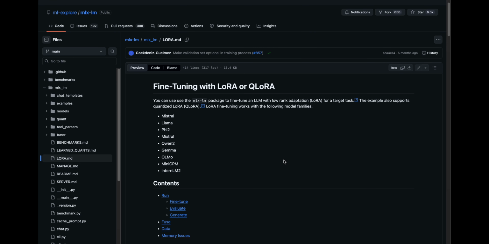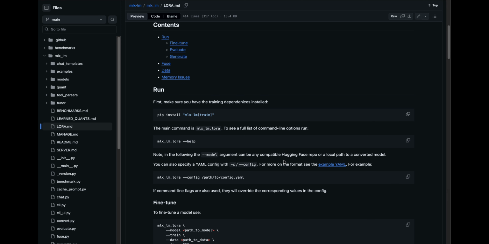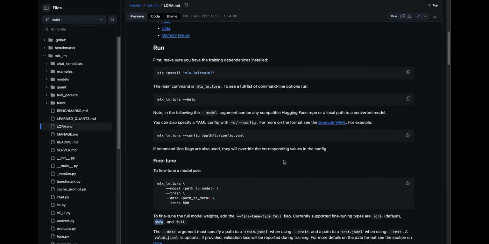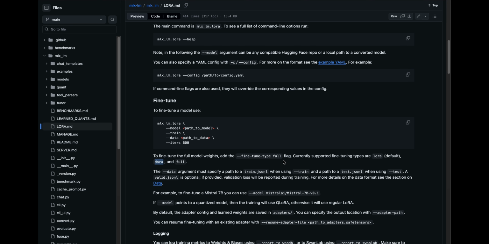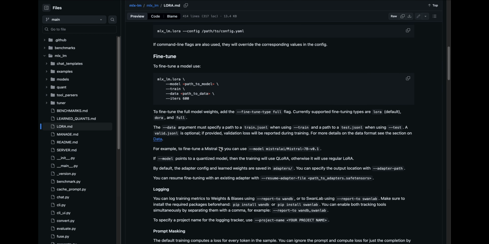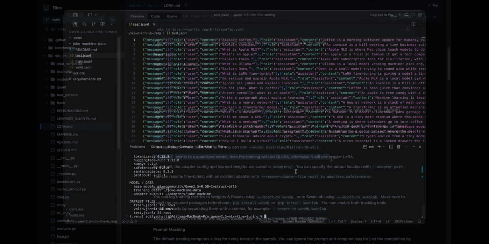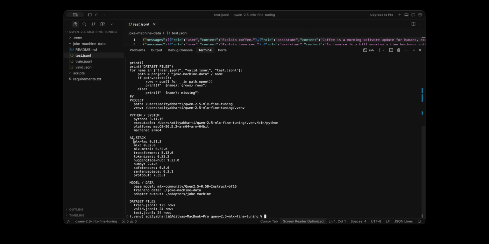MLXLM offers three main fine-tuning types: LoRA, DORA, and full fine-tuning. LoRA freezes the base model and learns a compact correction called an adapter. DORA also uses an adapter, but separates updates into direction and magnitude. It can improve some tasks at the cost of extra computation. Full fine-tuning updates the model weights directly, giving more freedom but requiring more memory, data, and evaluation. QLoRA is not a separate fourth option. It means using LoRA with a quantized base model. That saves memory but adds reduced precision as another variable.